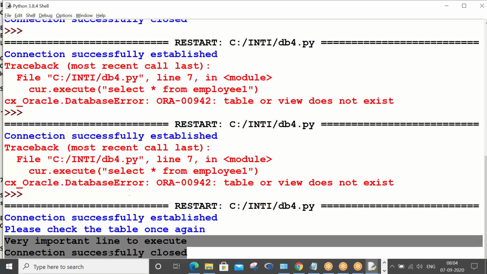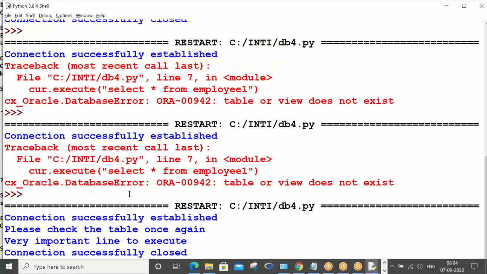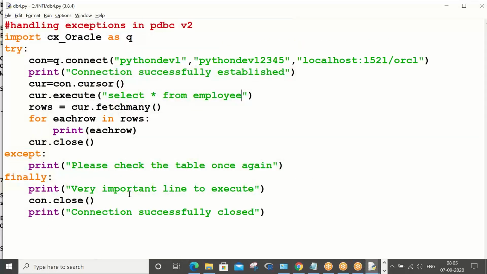If the table name is right, obviously it will fetch the data, and the bottom two lines are 100% getting executed, which is our purpose to see. So we ensured, whether the mobile is found in the classroom or not, 100% what you have to do is close the door properly. So that is what we have done now, right? I hope you have understood. Just push the statements in try except blocks, and mandatory steps in the finally block.